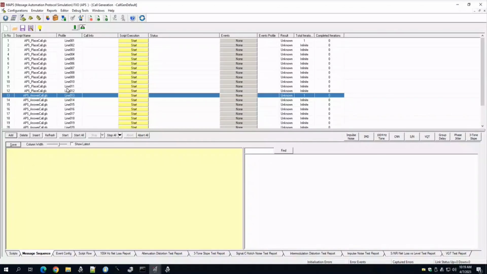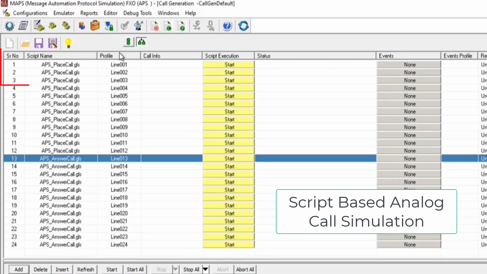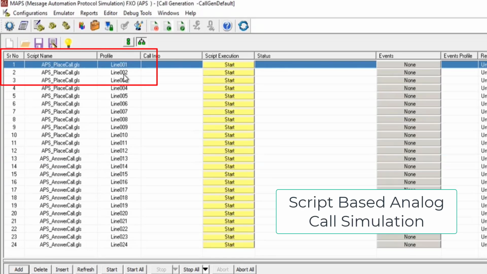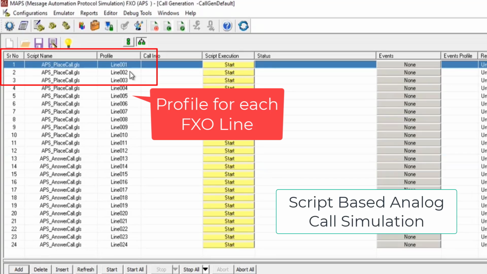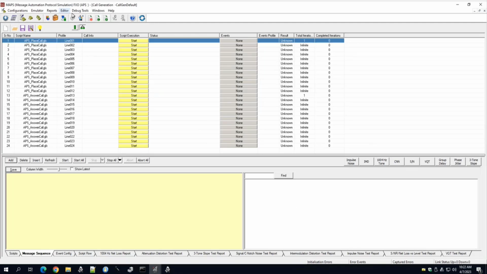Okay, so what you're looking at here is the maps GUI for configured. Each line that you see here is what we call a profile, where you can define the different traffic actions, things like what number you want to dial in this profile. So if you go to the editor and profile editor,